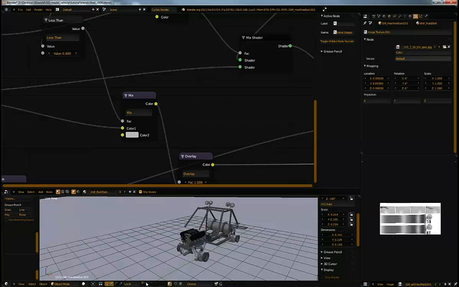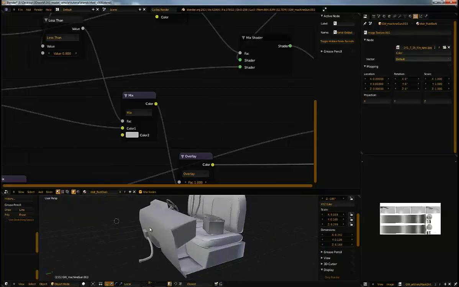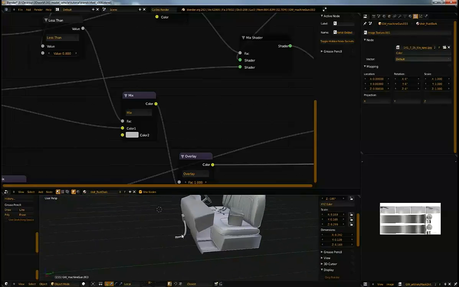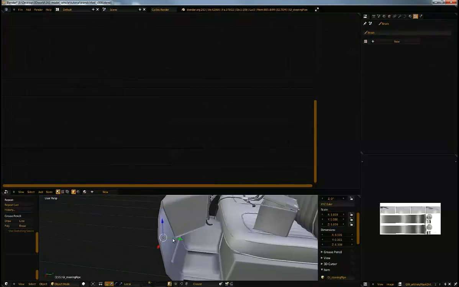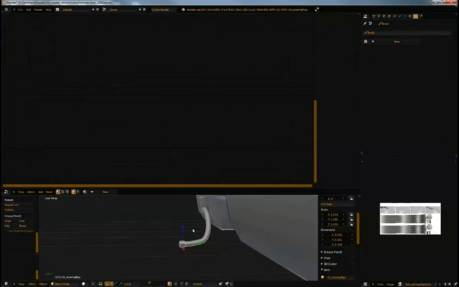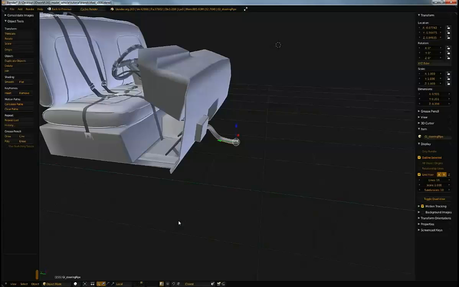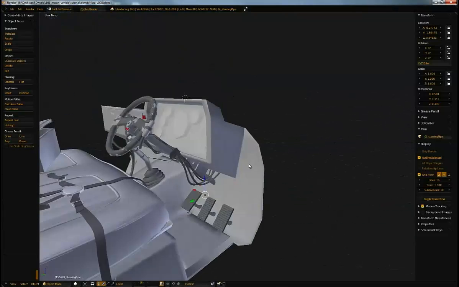Save it. And we're going to jump over into the interior layer. Now this one is hopefully not going to take too long. I'm going to try to spend less than an hour on this one, or I'll try and keep this down to perhaps half an hour. But yeah,